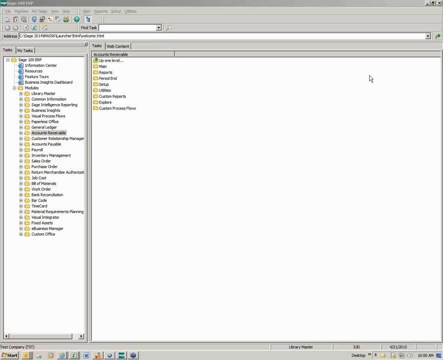Crystal is not a Sage product. Crystal is actually a report writing product. It is currently owned by SAP. It's been passed around over the years to many different companies, but I believe SAP is the current owner. So Crystal can not only be used for Sage, but it can be used for other databases also. It is what they call an ODBC compliant product, so it can read databases and you can set up your